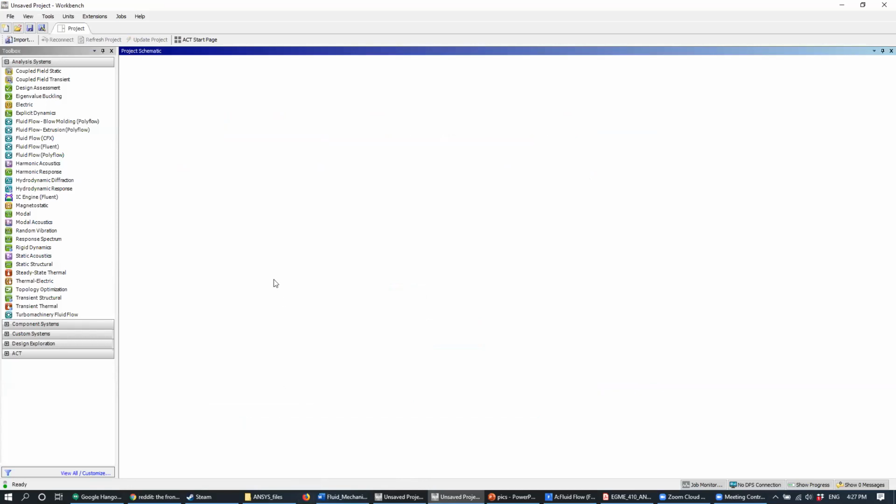Okay, so our starting point is going to be ANSYS Workbench, just like it always is. And so what we're going to do is, first thing we need to do is create a